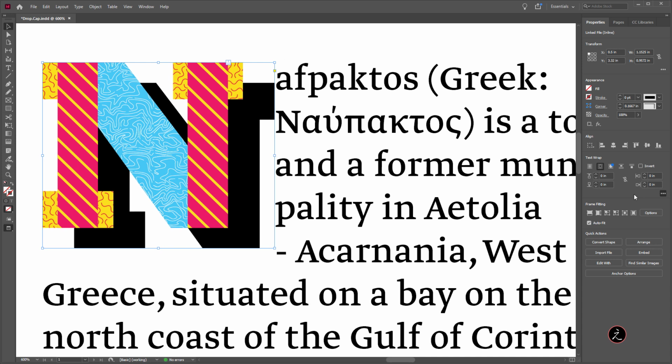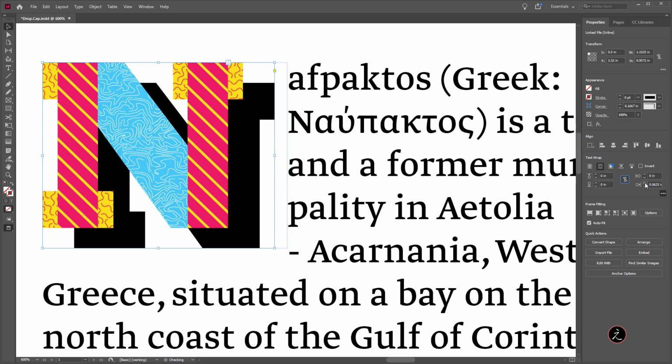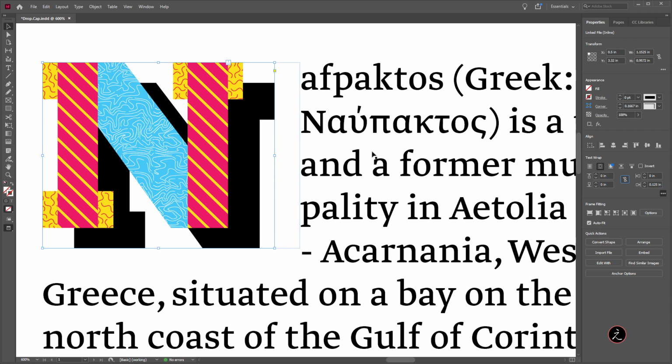We can do this by playing around with these offsets. By default, probably this icon here is enabled. So if you keep that pressed, all the changes will be the same. In this case, I'm going to disable that, and I'm just going to change the right offset. So I'm just going to click once and click again, and here it is.